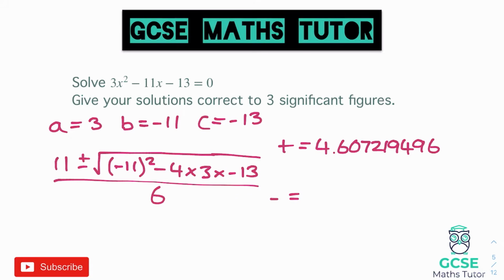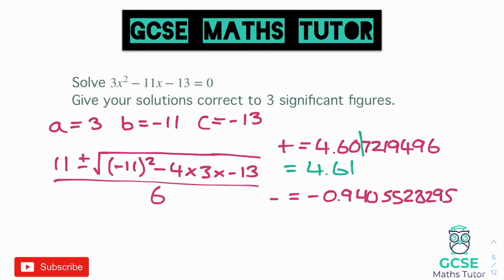Let's go back in and get our negative version. So change that for a minus, there we go. Press equals again, and we get negative 0.94055289295. There we go. So again, rounding these to 3 significant figures, chop after the 0 there, and we get